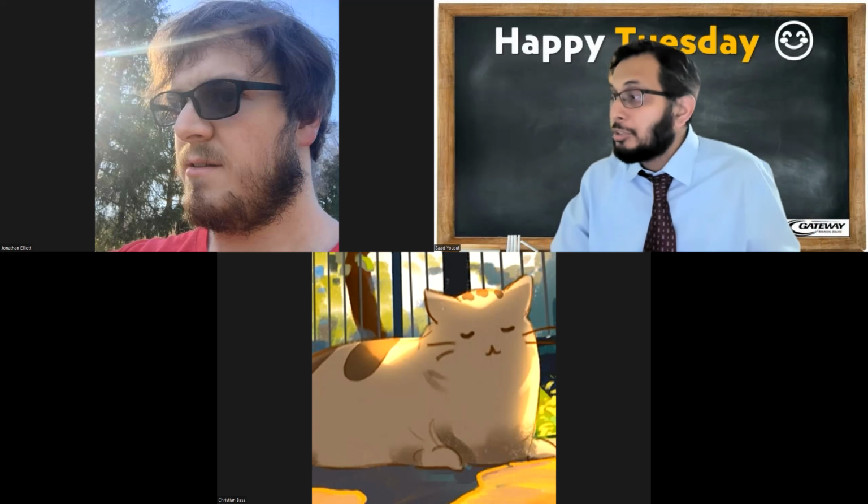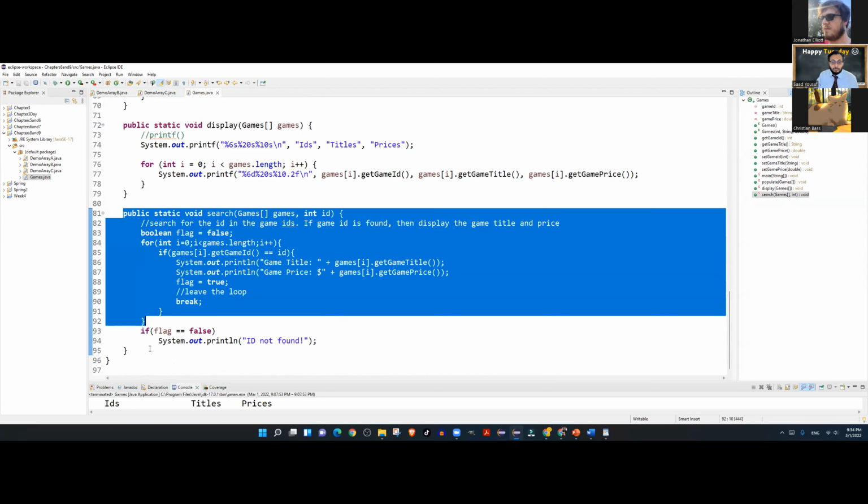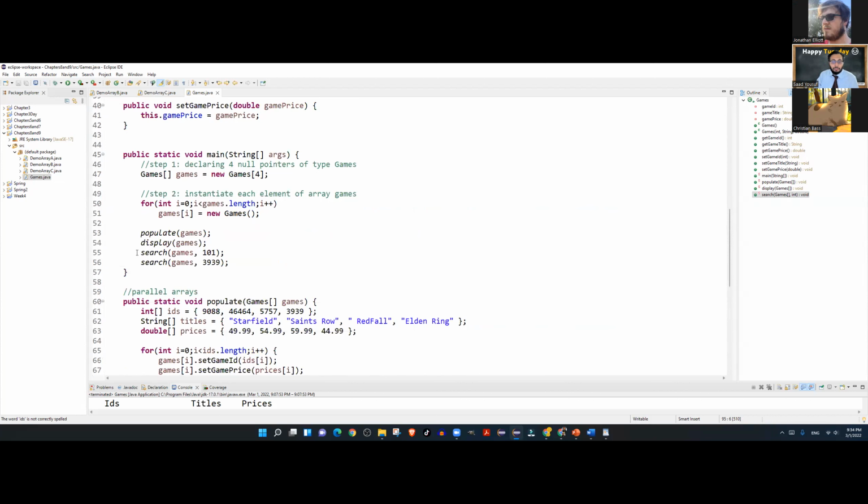So you should have the search part in the chat, which is the search method. You'll code that after the display method. And then you have two calls from the main to be made.